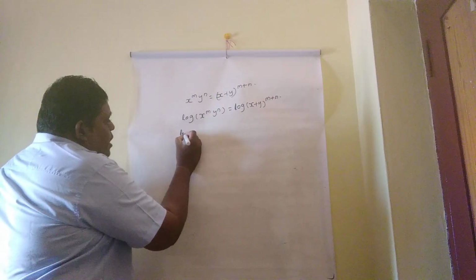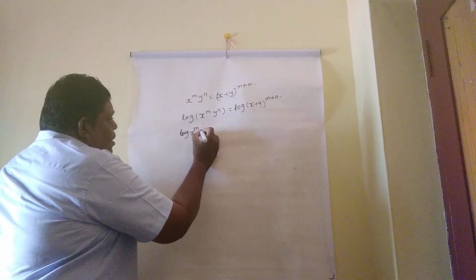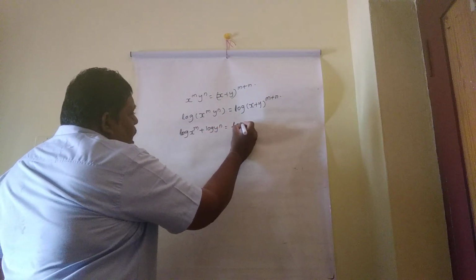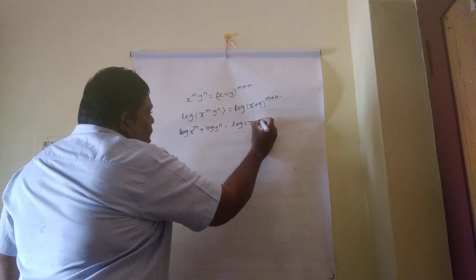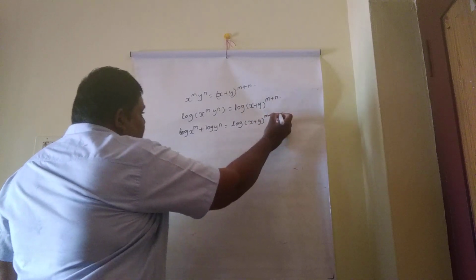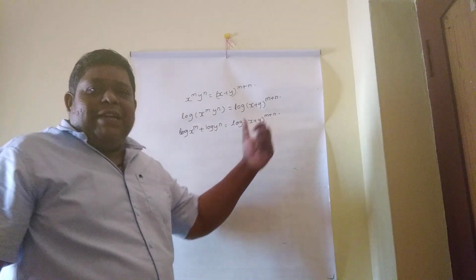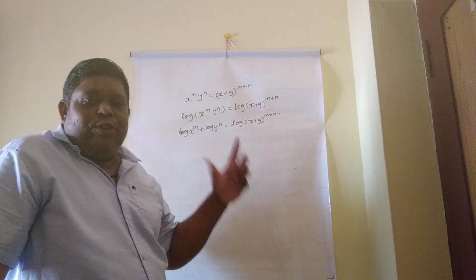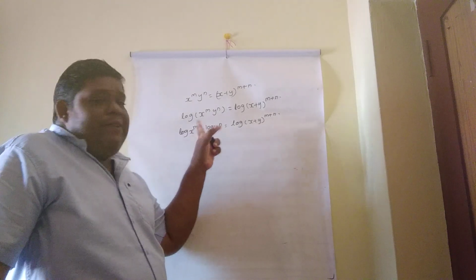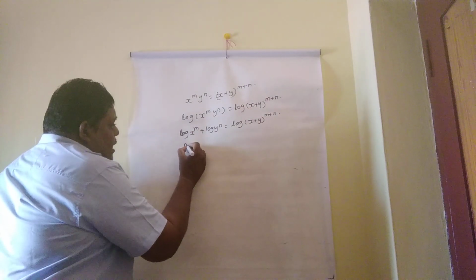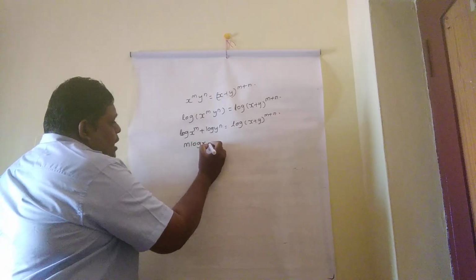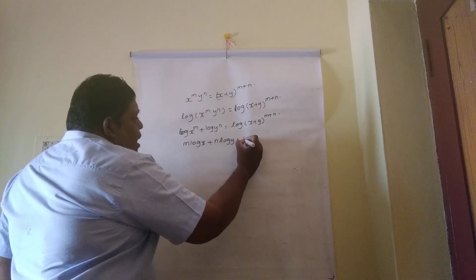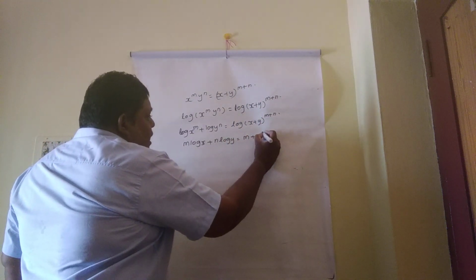So log x to the power m plus log y to the power n equal to log x plus y whole to the power m plus n. In logarithm, the power term comes to the front side. The value of the logarithm will not change. So log x to the power m can be written as m log x. m log x plus n log y is equal to m plus n into log of